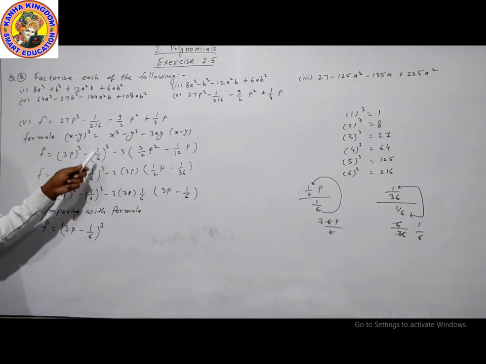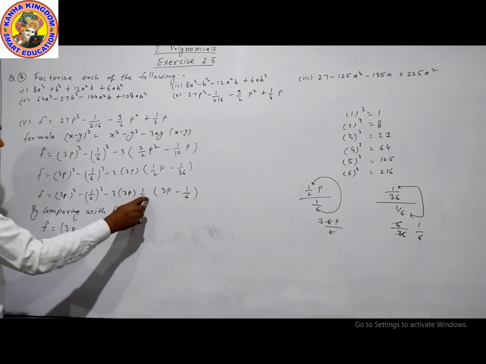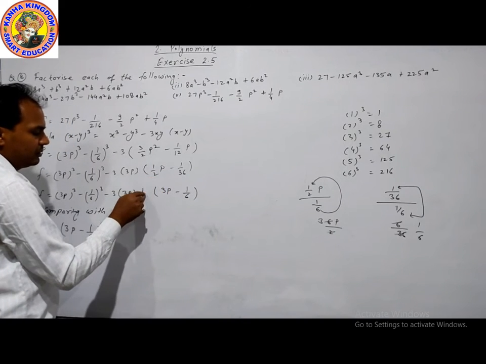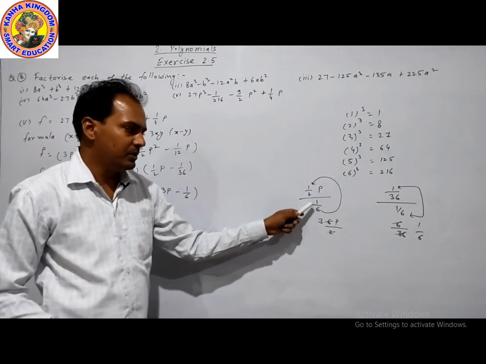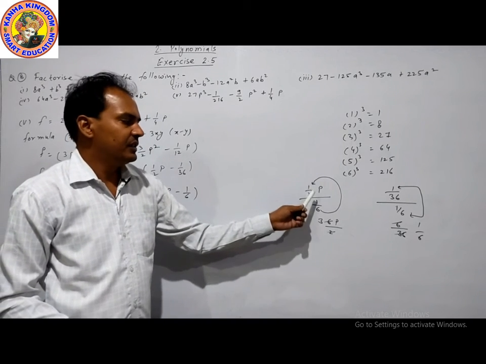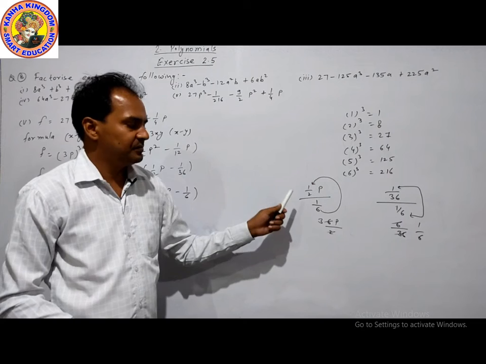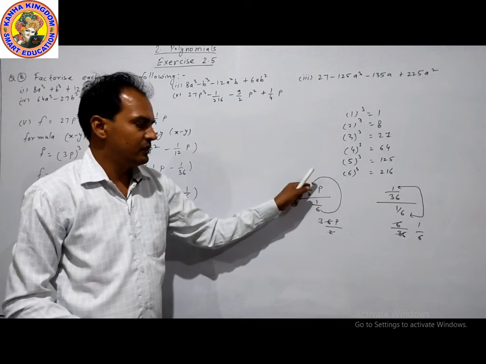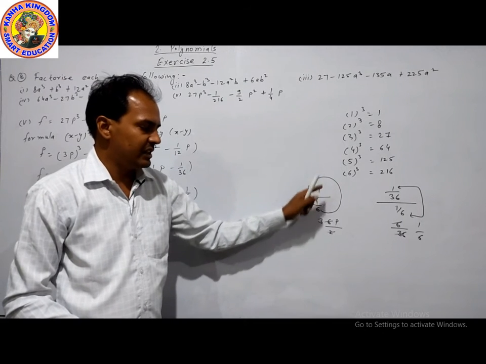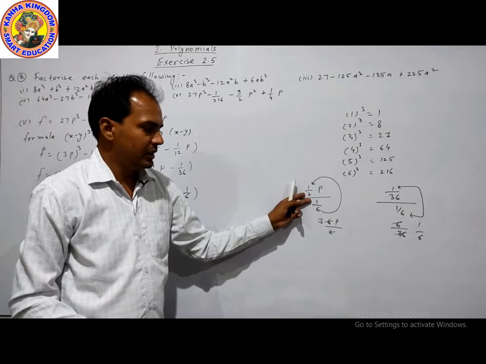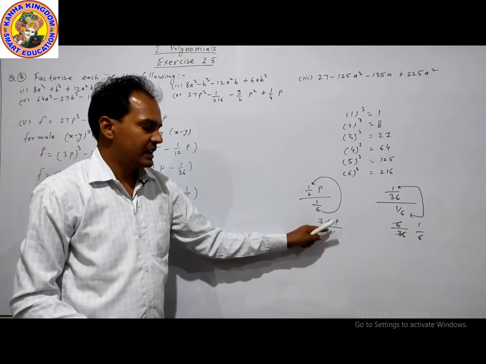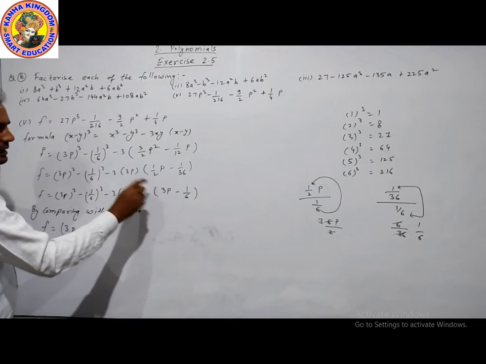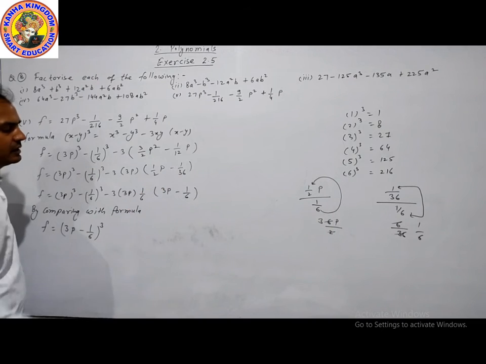Now taking y as common, who is y? y is 1 by 6. Dividing p by 2 by 1 by 6. We know that the first and fourth are the numerator and the second and third are the denominator, so 6 goes up. This is 6p over 2 into 1, which is 2, so we can cut this, and the solution is 3p. By dividing we get the solution 3p.